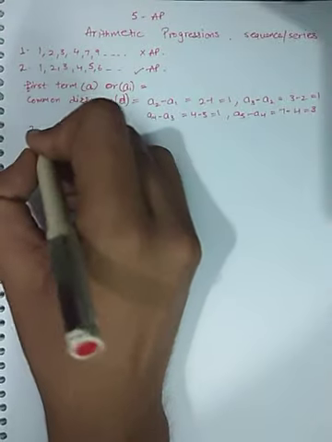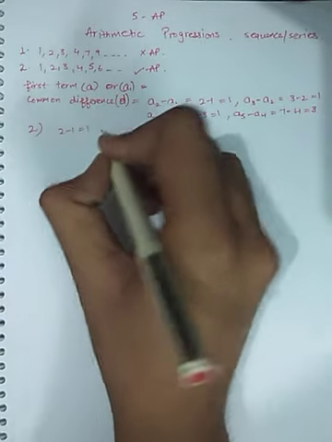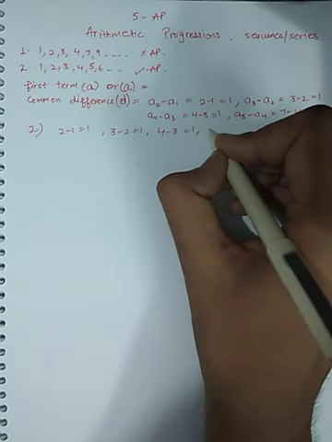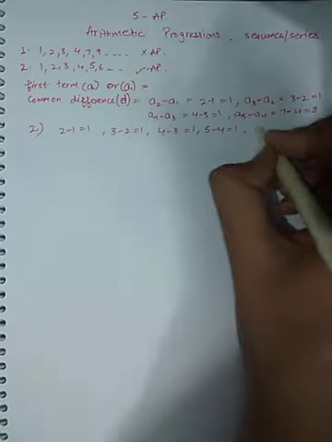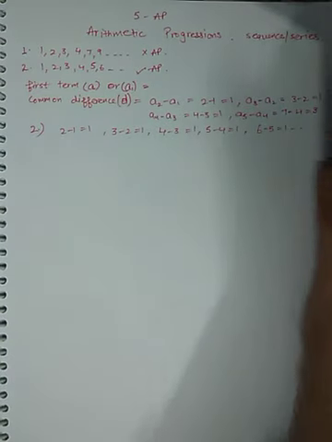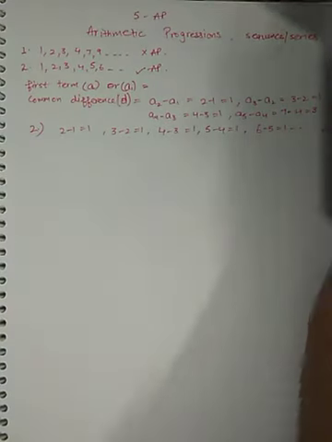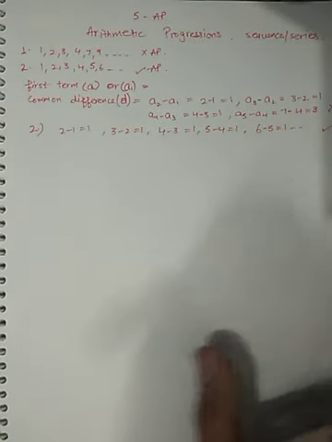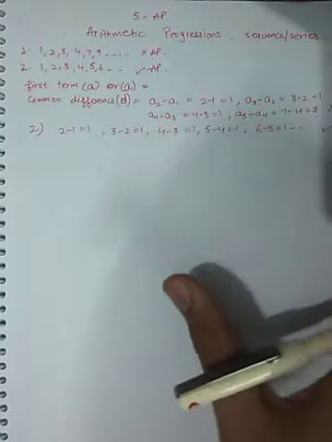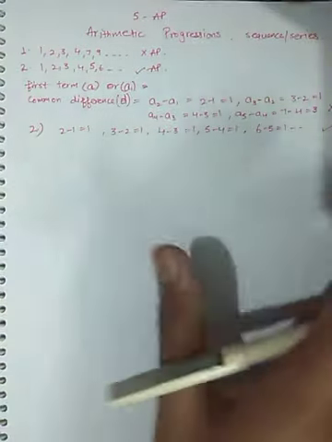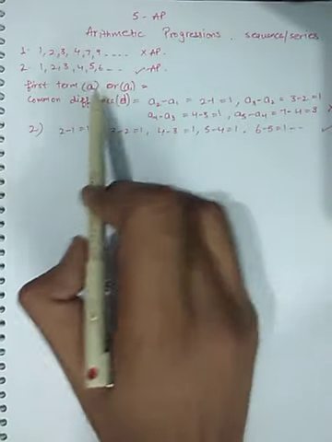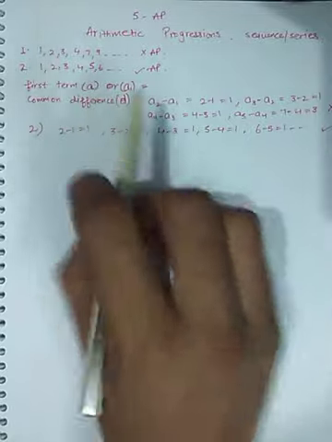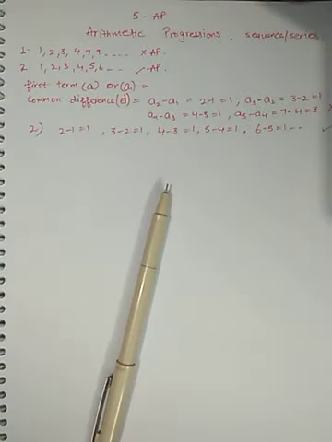And for the second series we can write, of course, 2 minus 1 is equal to 1, 3 minus 2 is equal to 1, 4 minus 3 is equal to 1, 5 minus 4 is equal to 1, and 6 minus 5 is equal to 1, and so on. So this is an AP, this is not an AP. The sign that a given series is an AP is that the common difference should be the same for the whole series. You have to find the common difference, you have to mark what A is. A is always the first term. So this is the definition of an AP series.